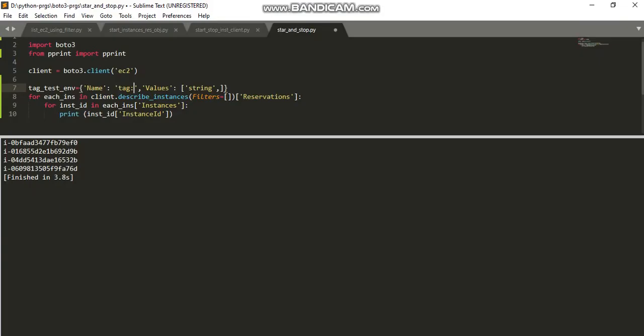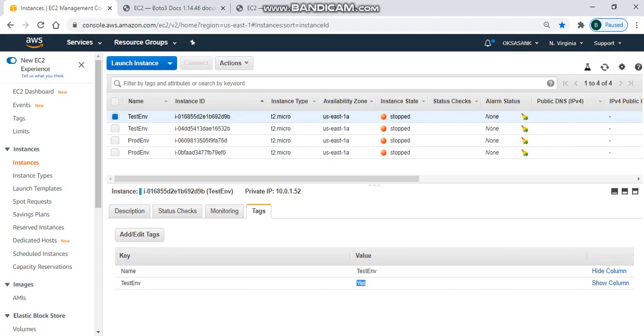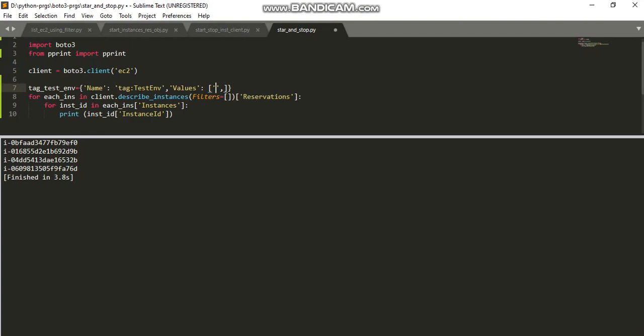Let me copy from here and paste here. And the value for this tag key is, yes, this is the tag value. So let me pass this parameter to the filter method.